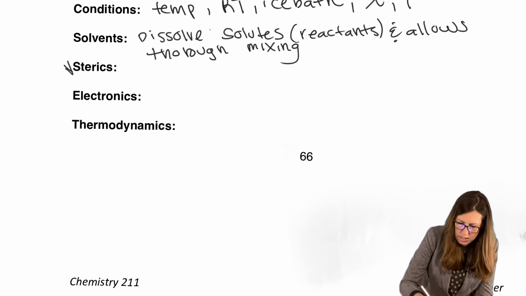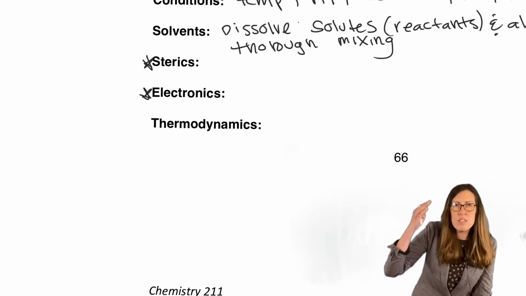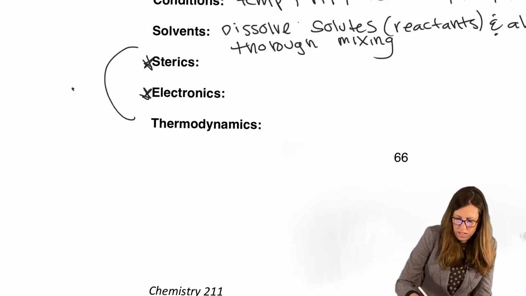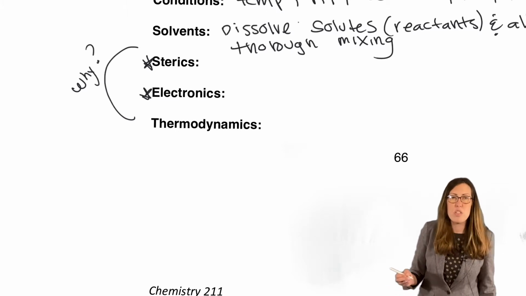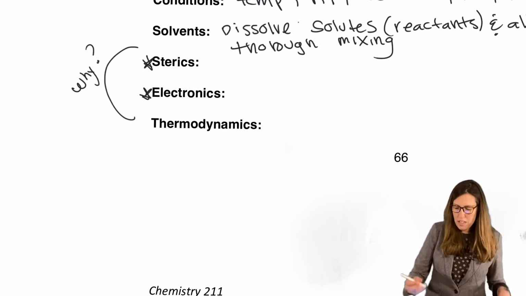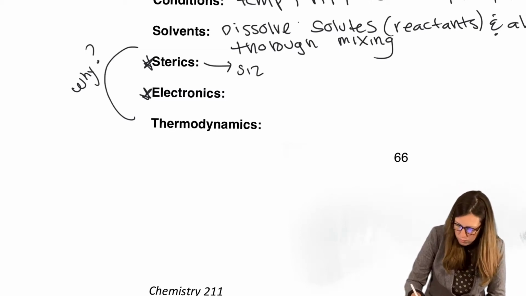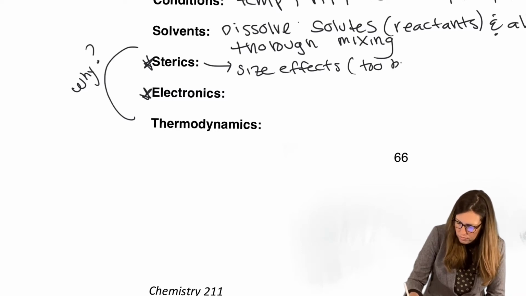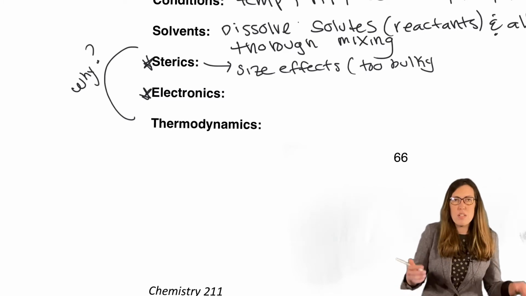Okay, now sterics and electronics, big ones. So a lot of this was, what do we do to set it up? How do we set it up? This is kind of the why. Why do the reactions happen? It's one of two reasons or a combination of both, usually, when we simplify it. So sterics has to do with bulkiness, size effects. So if it's too bulky, not usually too small, that's not usually an issue. It just means it's unreactive.